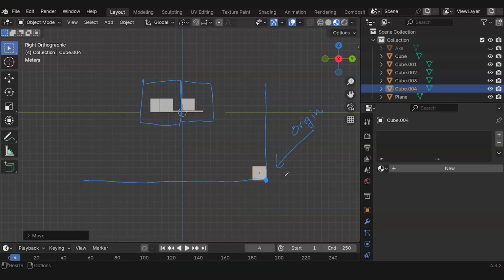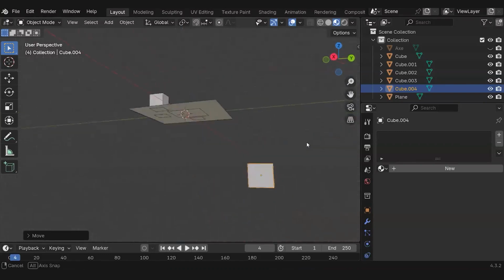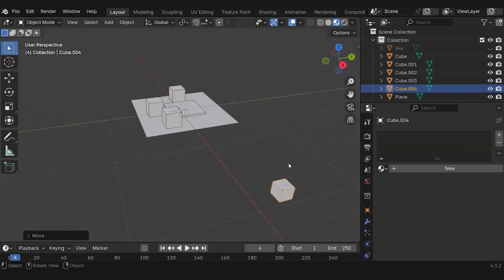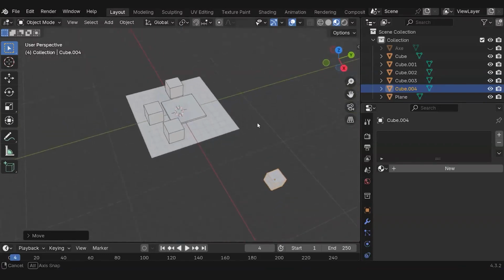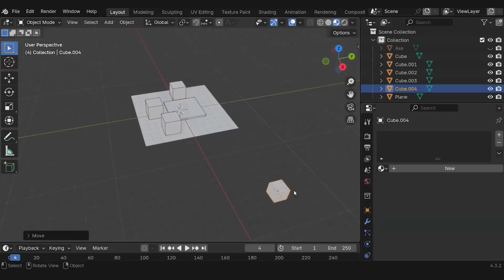And now let's say I wanted to bring everything in, but I want to make sure that they stay in the right places. So what I'm going to do is create what is called an origin block. So I'm going to take this cube and I'm going to Shift D, and I'm going to bring this out to possibly right there.